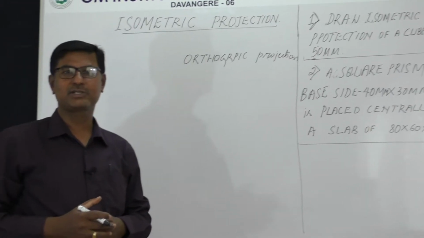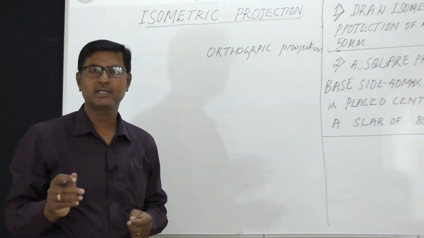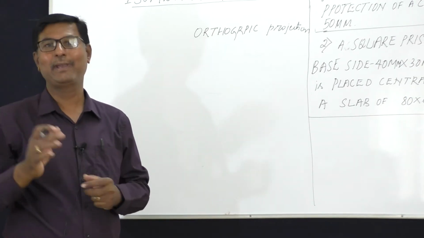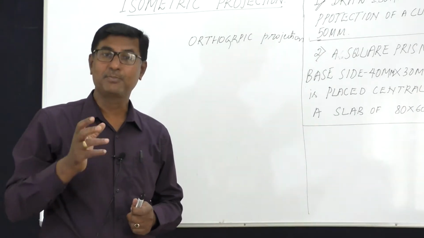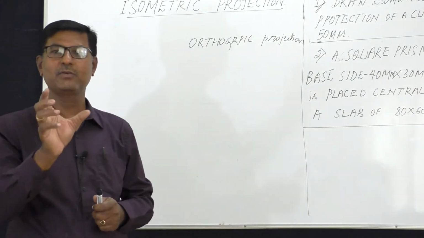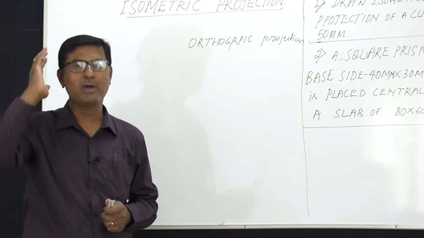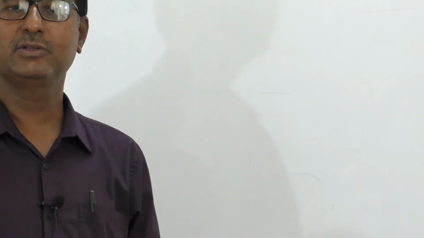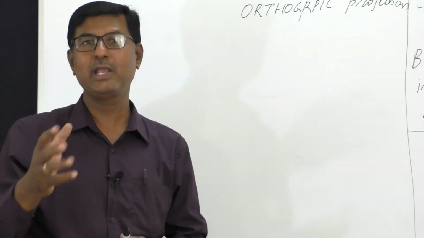In orthographic projection, the observer used to draw the front view, the top view and the side view, and as many views as needed, separately. I repeat once again, in orthographic projection, the user used to draw the front view, top view and side view separately, but there is a big exercise that takes place in your mind in combining front view, top view and side view together. So there is a big drawback. A person who has undergone a course on orthographic projection can only express what this object is.